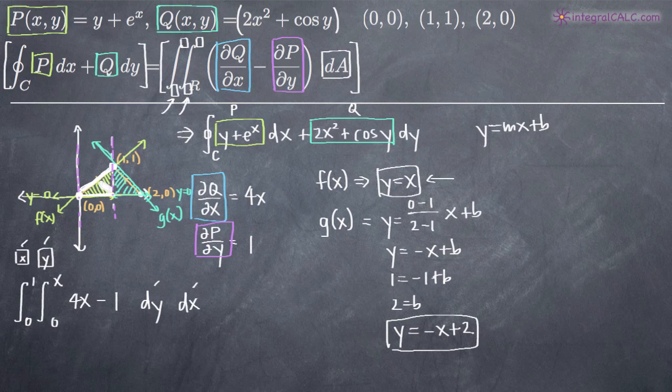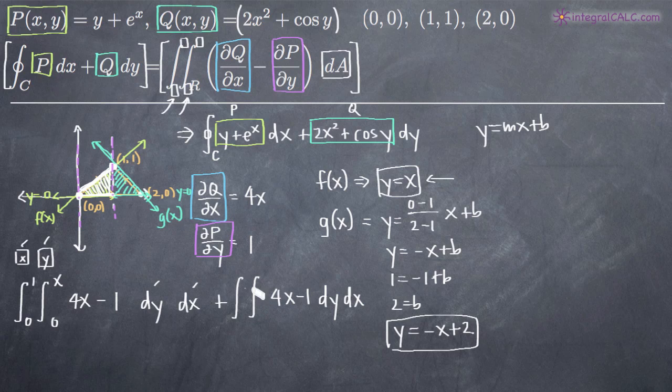Keep in mind, that only gives us this part right here, the line region. We've only done half of it. Now we need to do the second half. So in order to do that, we have to add to this a second double integral to get the second half of the region. In this case, we'll use the same function, 4x minus 1. We'll have dy and dx, but in this case, for our limits of integration with respect